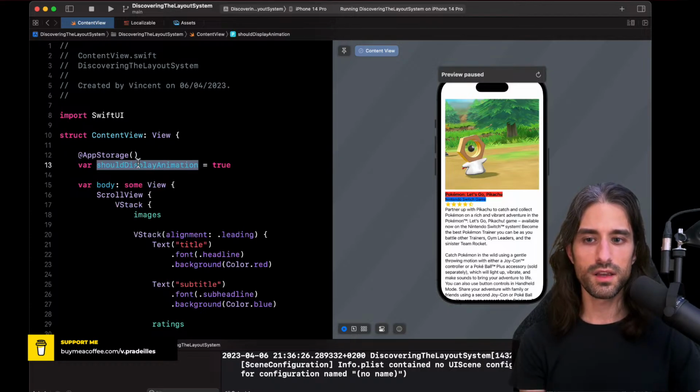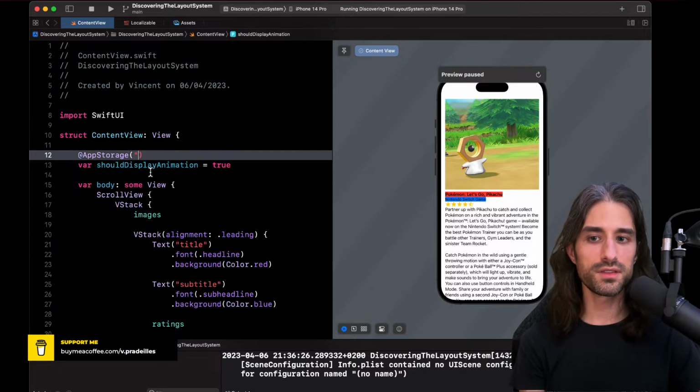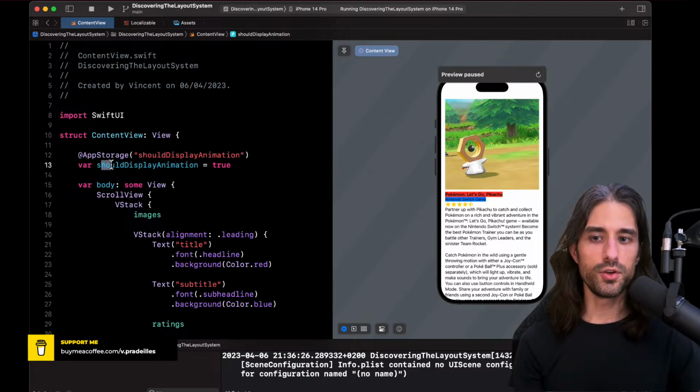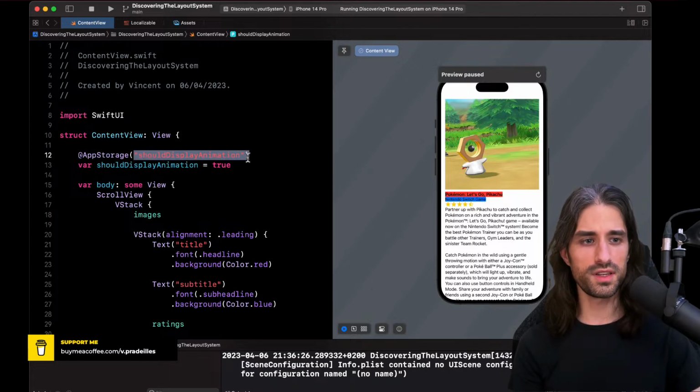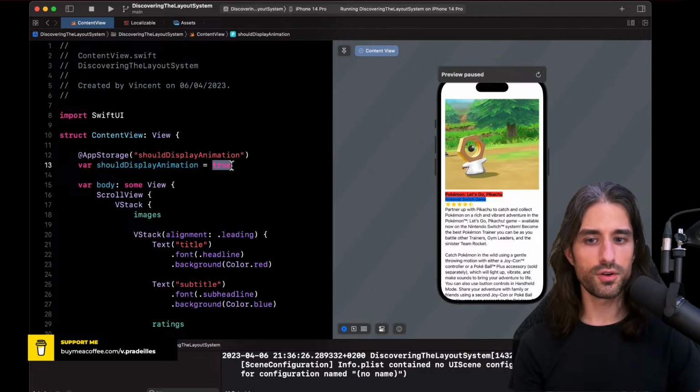You pass it the key as an argument, because to store in the user defaults, you need a key. And now the value of shouldDisplayAnimation will be read from the user defaults. And when no value is stored in the user defaults, it will use the default value, which is true.